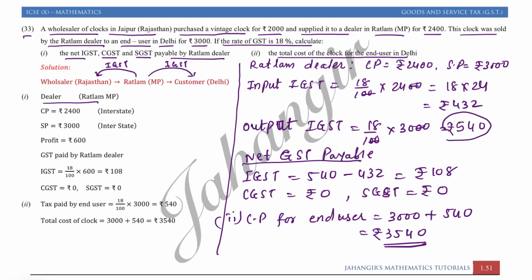This question was quite simple. Adjustment only comes when input and output are of different categories. Just like input is IGST, input tax, and output taxes are CGST or SGST. Or sometimes maybe input is CGST, SGST and output is IGST. So in that case, there is lots of adjustment to be done.